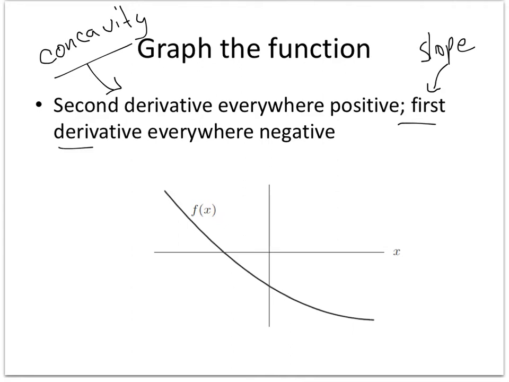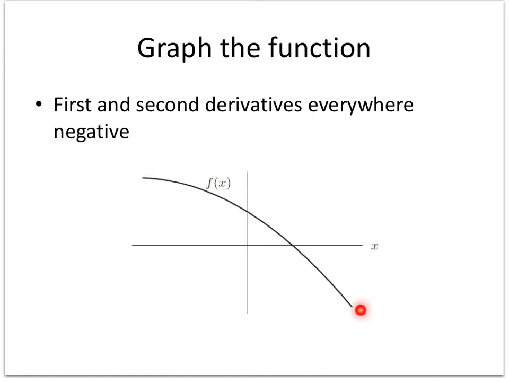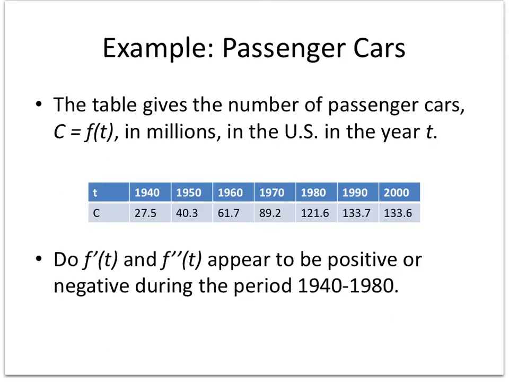I've noticed that when students are first in here, I say, well, what's the first derivative? And it takes a second to think, oh, it's just the slope. Okay, so first and second derivatives: negative means certainly this function's going down. My first derivative, my slope, is decreasing. And then my second derivative's negative, so I'm getting concave down. So again, these are exact questions that you'll have in your